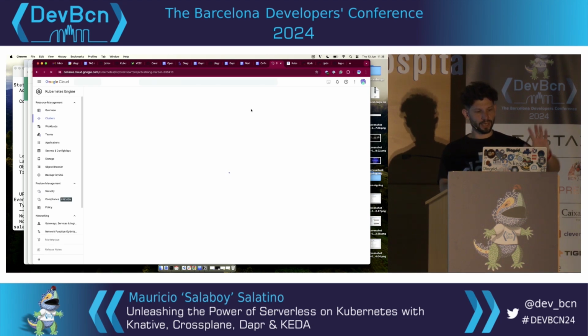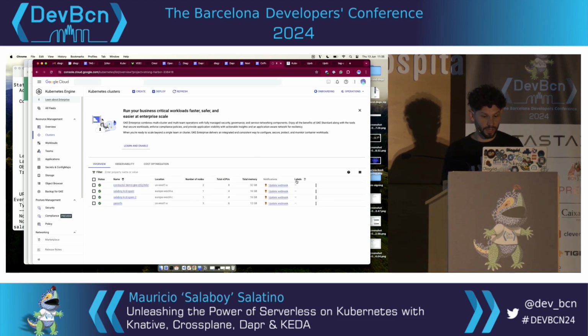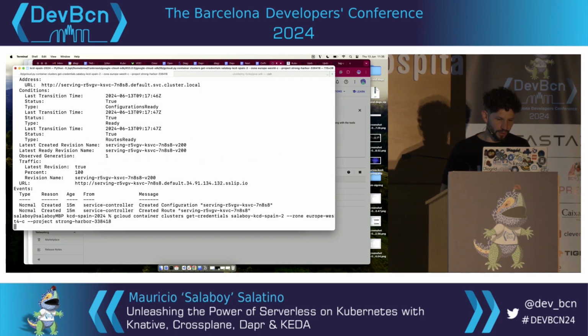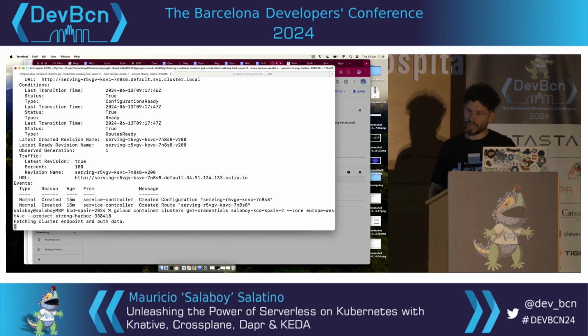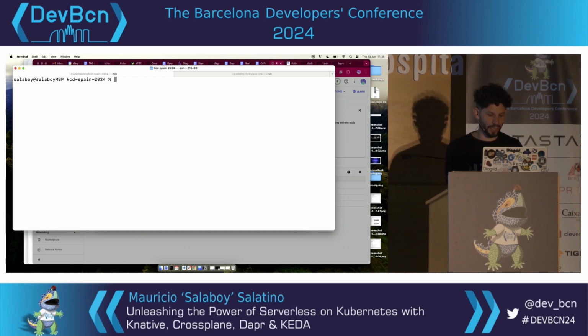Okay, so I have the cluster where the OpenFunction stuff was installed. We have a bunch of projects installed in there, and I created a different cluster for serving the application that we used before. And there you go. So I can connect to a different cluster now, and I'm using some of these tools that I mentioned before.